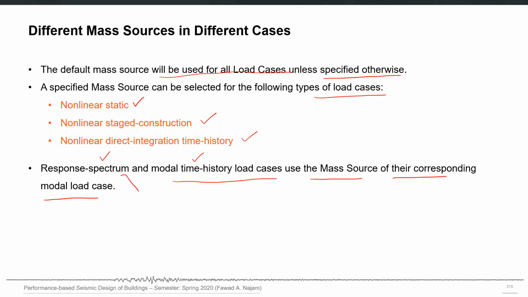In response spectrum analysis, the mass matrix is also used to calculate the lateral force vectors for each mode. If you remember, the lateral force vector for the ith mode in response spectrum analysis is equal to the modal participation factor of that mode multiplied by the mass matrix, multiplied by that mode shape, multiplied by the spectral acceleration of that particular mode. So this mass matrix is used to calculate the phi vector, but is also explicitly used here to calculate the lateral force vector for response spectrum analysis.